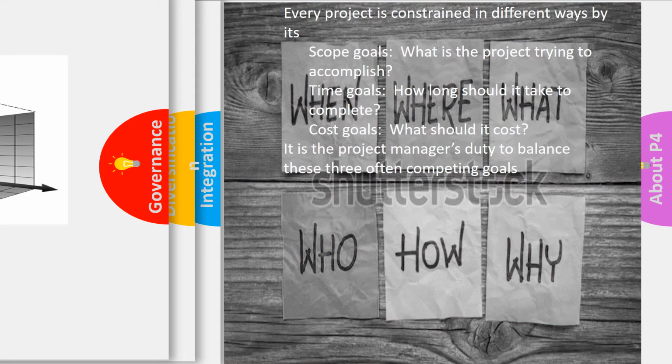Let's look at some of the constraints of a project, which we will touch on, and some of the characteristics of a project. A project will have a goal, and the goal will be specific and detailed. What is it that you are trying to achieve or accomplish with that project? The project will have a time period. It won't be indefinite. How long should it take to complete? And then it will have costs. What should be the cost? So, these three constraints